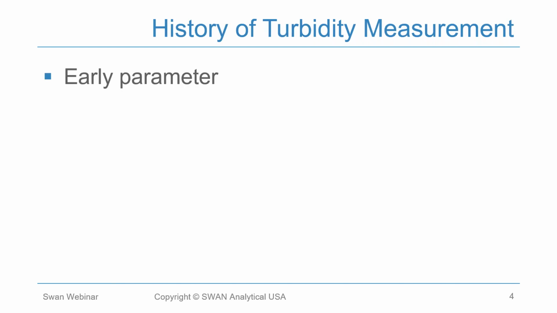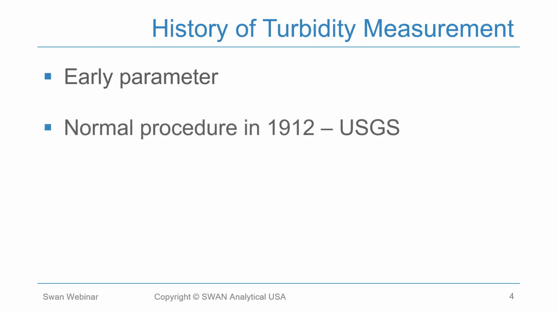When we're talking about the history of the turbidity measurement, it's one of the early parameters that was tested. In fact, even before we began testing for it, people were aware that it wasn't a good thing. Think about ancient civilizations, even they decanted water in jugs or used some type of cloth to do that. When we did start measuring it around 1912, the normal procedure used the turbidity standard adopted by the US Geological